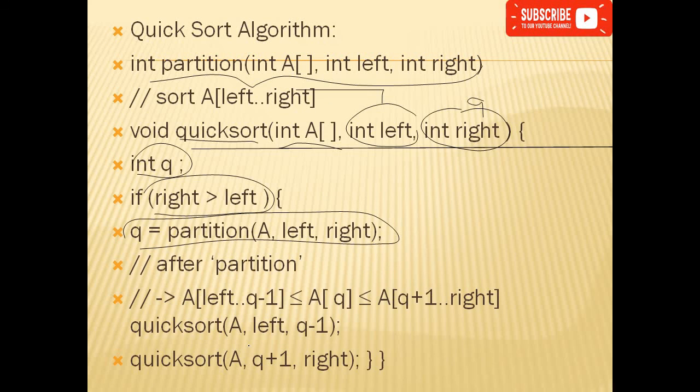So in quicksort after partition, again I am calling a comma left comma q minus 1, meaning I will find the index of j, meaning the partition is done. So the left part will go here and the right part will go here. It is a recursive algorithm. So it is a very easy process. If you know how the algorithm is going to execute, or if you know the process of quicksort, then you can easily construct the algorithm.